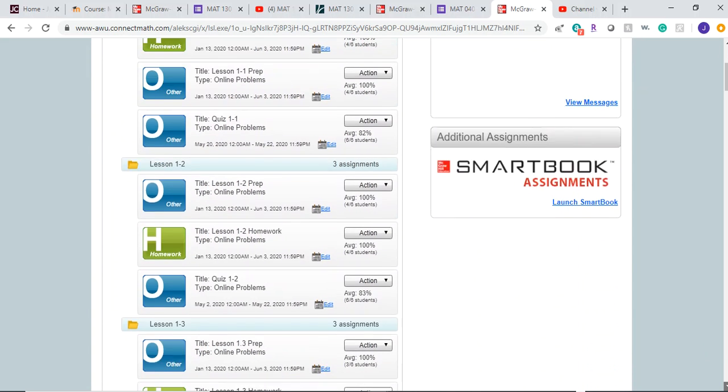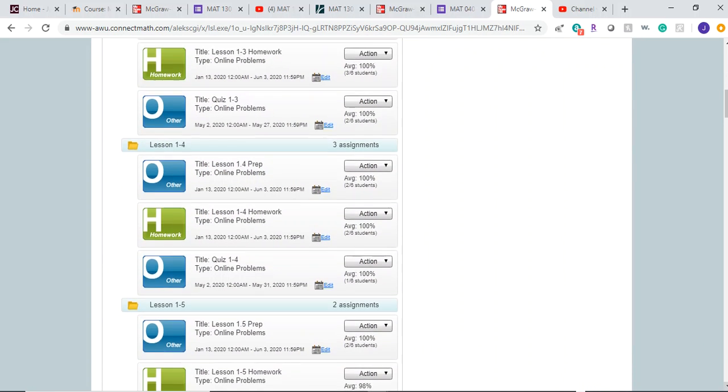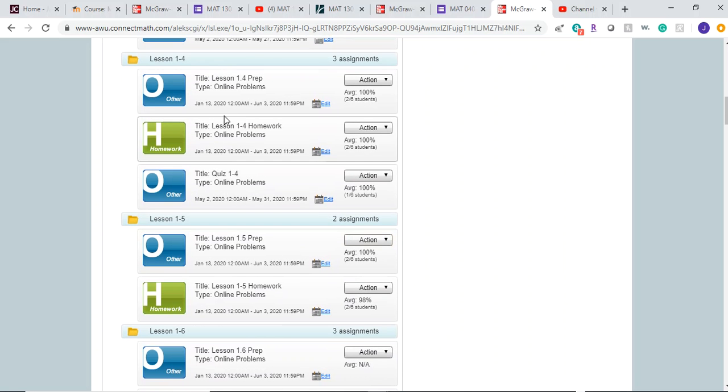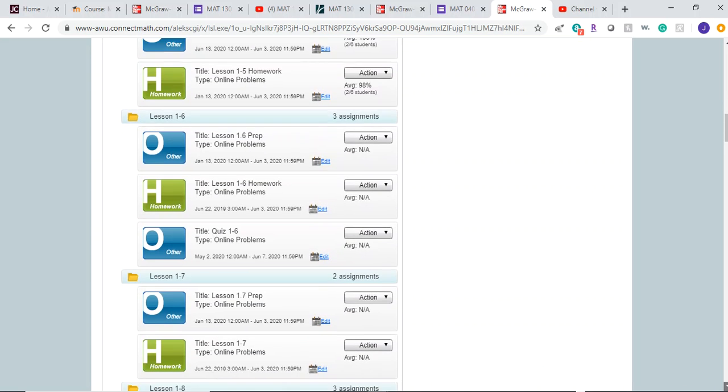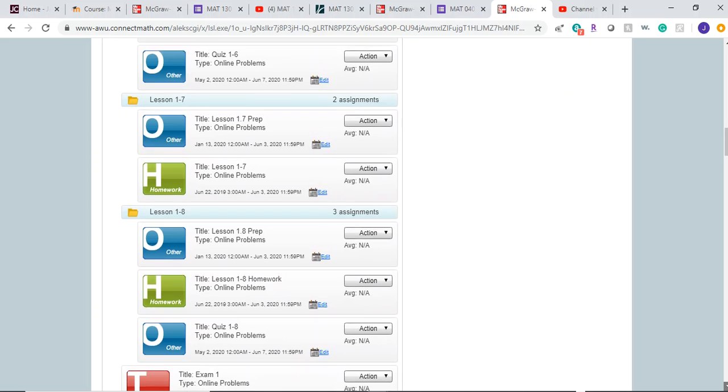And then this week we will be starting at section 1.4. So under 1.4, you see you have a prep assignment, you have the homework assignment, and you also have the quiz. So you have all these that you have to do in Connect Math. Now, as you scroll through here, as you go through all of these sections and do all of these assignments,